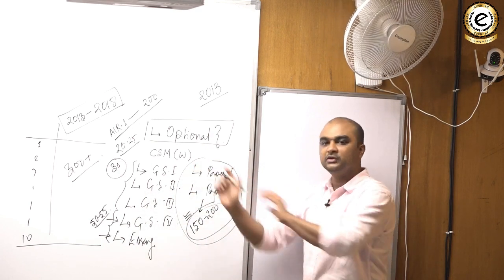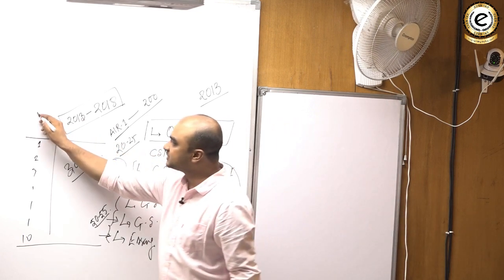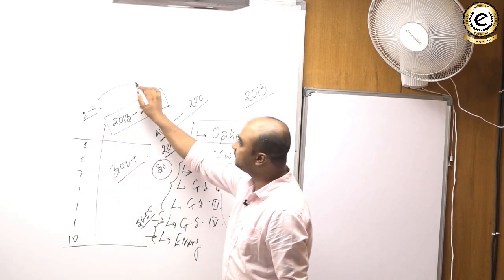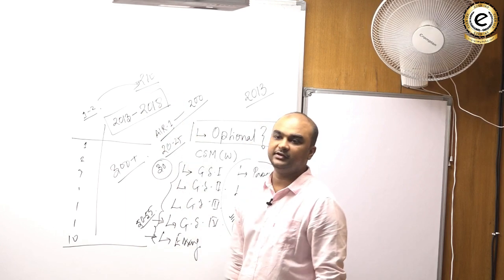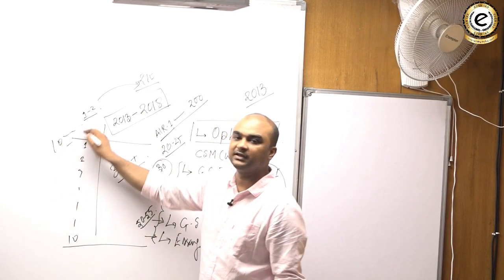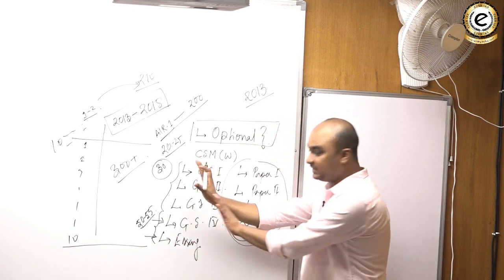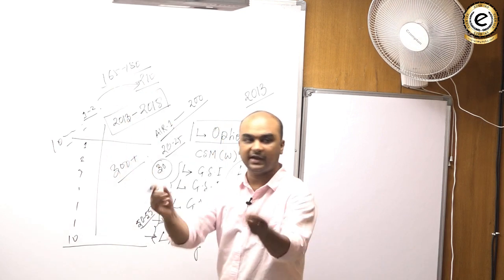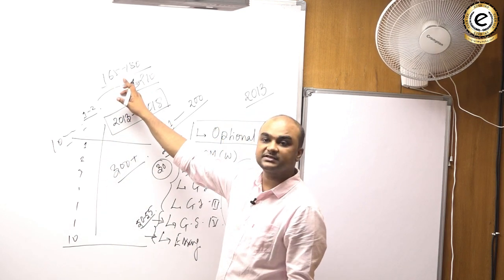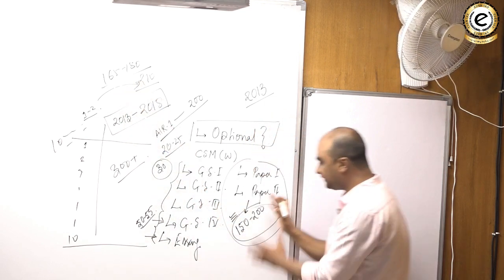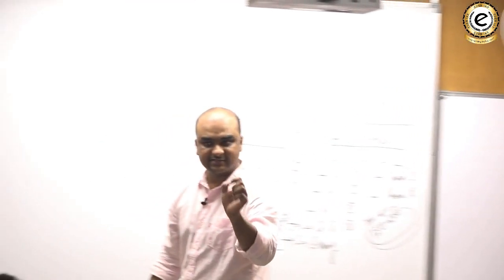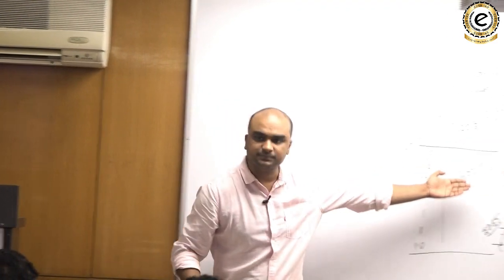Even if you get into the interview, you clear the cutoff just by 1 or 2 marks, the mains cutoff I am talking about, and when you give your interview, suppose you score 210 also in the interview, you get a last rank like 1000 or something like that. And those who have done excellently well in optional, and end up getting like 165 to 180 in the interview, there are many students who are IAS today by getting just these many marks in the interview. Why? Because they have done excellently well in their optional. So let us first address this basic issue, why optional is important and why everyone is talking about optional, because the results speak for themselves.